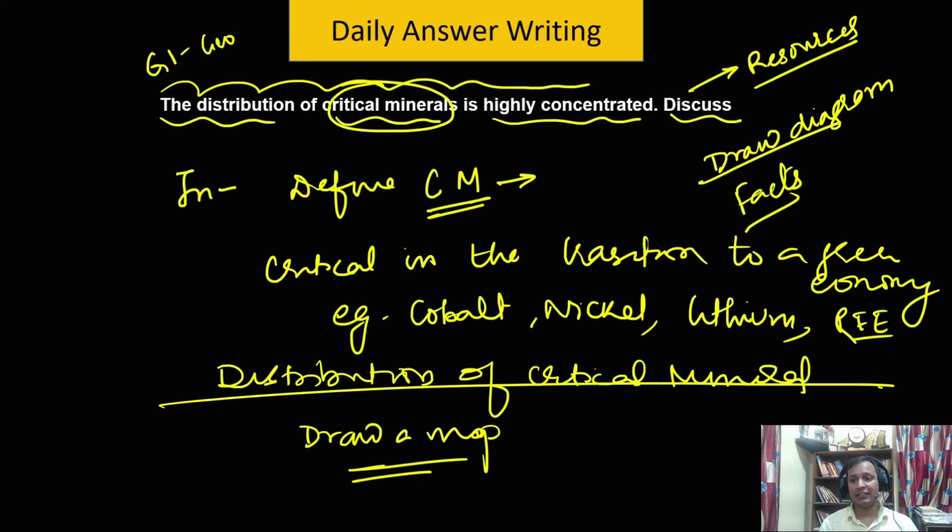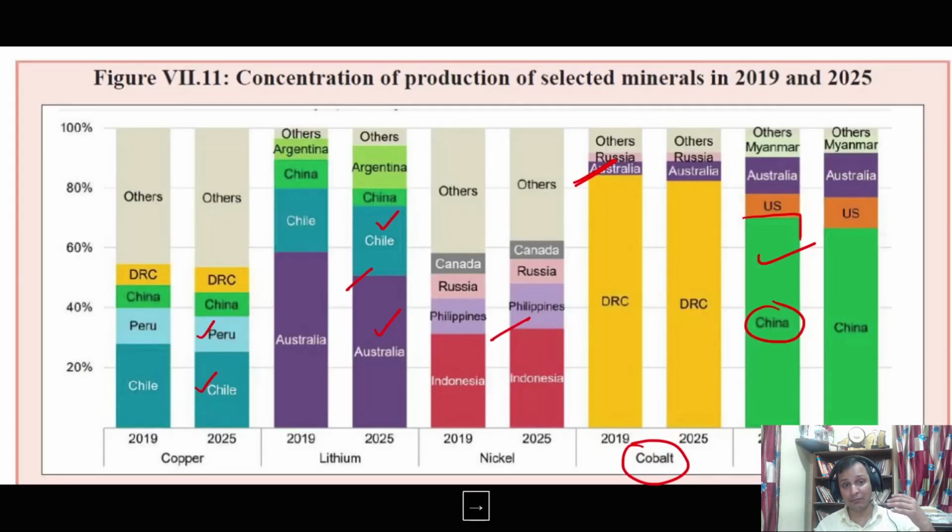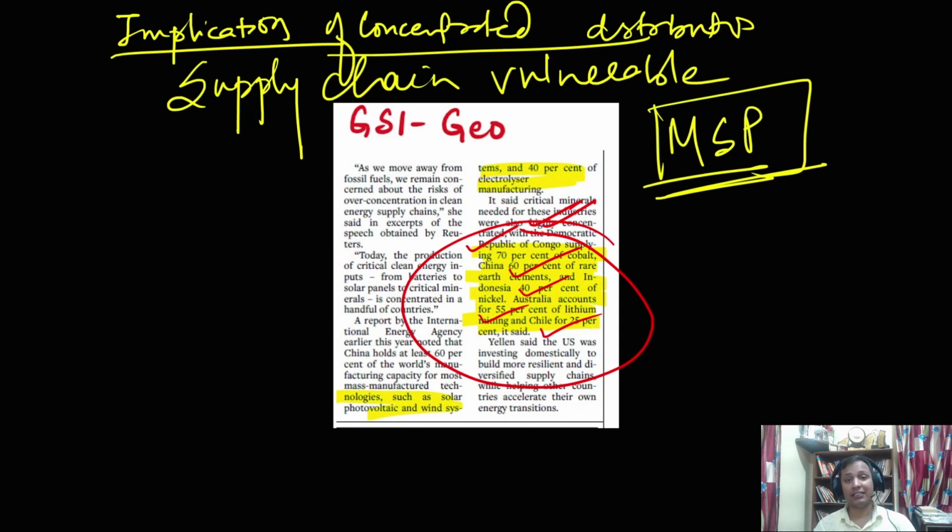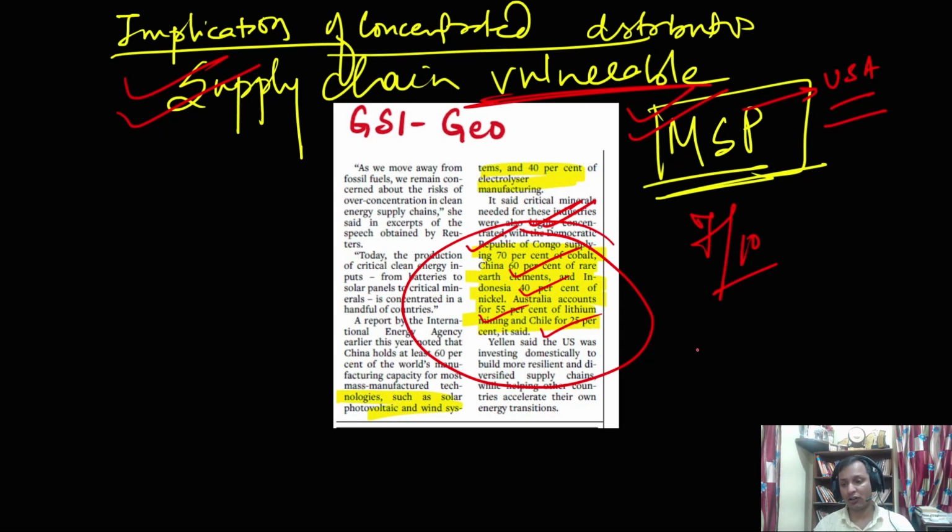The second thing to keep in mind is that the direction here is discuss. Whenever discuss is written, you need to write in a holistic manner. For example, they have just asked that the distribution of critical minerals is concentrated, so you have to talk about the implications of this concentrated distribution. What are the implications? The supply chain of these minerals becomes very vulnerable. Therefore, various mineral security arrangements are coming up throughout the world, and India has recently joined the Mineral Security Partnership led by the USA. This will give you a holistic answer, and you can easily expect to get around 7 out of 10, provided you draw the map,